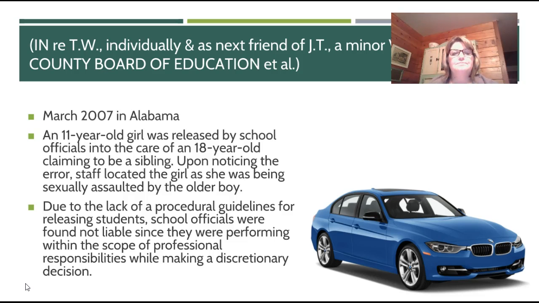JT, an 11-year-old girl, had gotten sick at school, called home, and was waiting to be picked up. An 18-year-old former student came into the office and visited with both the teacher's aide who was assisting that day and the secretary, and told the teacher's aide that he was there to pick up his younger sister. So when JT arrived at the office, they let her go with this young man,